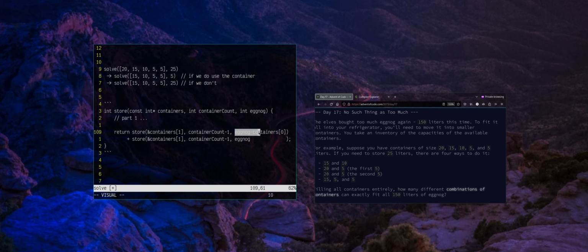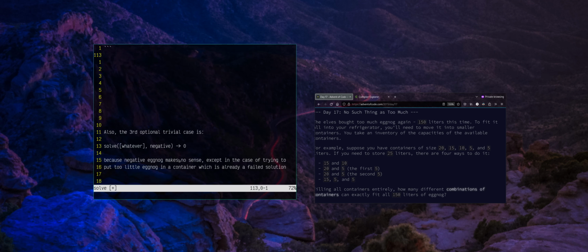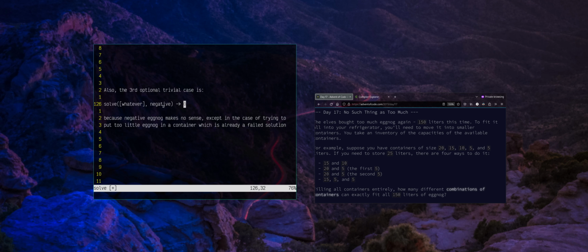And this is basically saying, subtract off the first container, the zeros container, I guess. Because in this scenario, we put the eggnog in there, and in this scenario, we don't. So we don't subtract it here, right? And so this is basically the complete solution, but I'm going to first mention what that third trivial case